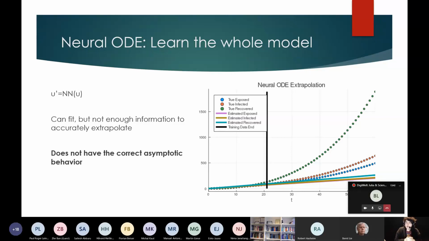And it hasn't done too well, right? So this is kind of what you see from standard machine learning, right? It understands what it learns from the data, but doesn't have enough information to be able to extrapolate from where it does. So that's why a lot of people make use of a lot of mechanistic modeling as well. And so then we start to ask the question, what happens if you start to mix this with mechanistic modeling?